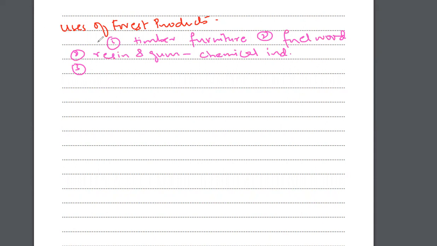Then medicinal plants and herbs, so for medicinal use. Then another is raw material for paper, paper making,